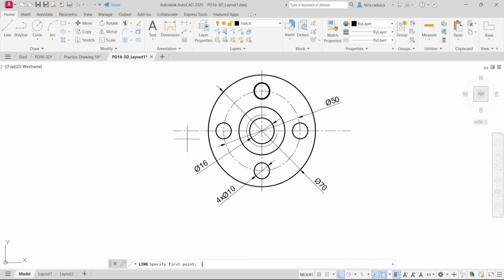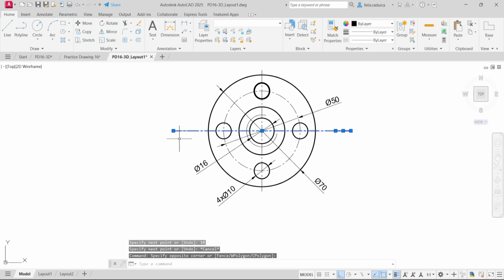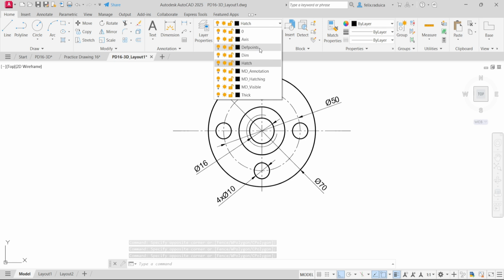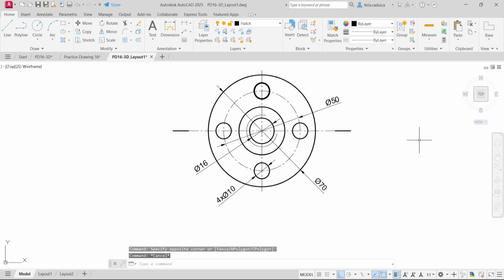So line from here go towards there for 10 millimeters, and then from here go towards there 10 millimeters, and select this and hold shift and deselect that and move that to the thick lines layer. So we have a thick line there and there, and now we can use